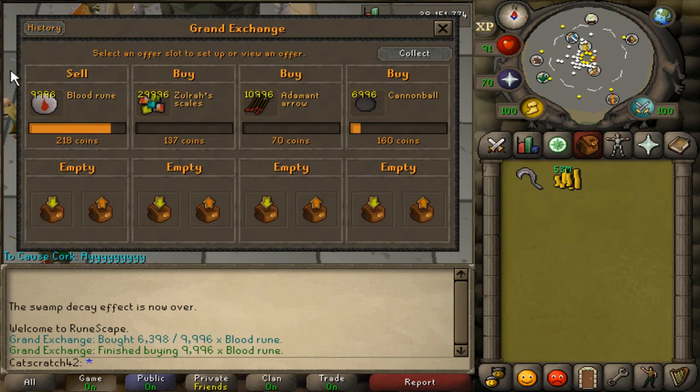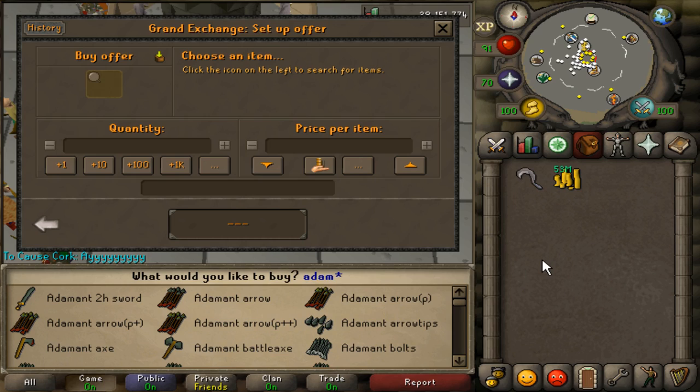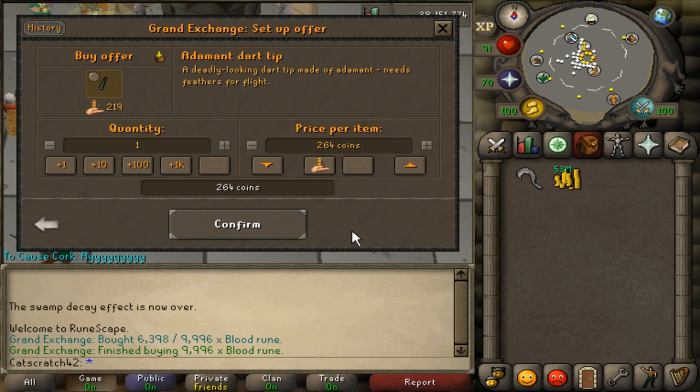Well, we found some cannonballs, it looks like, so that's good. Let's do, wait, I was going to do Adamant Dart tips. What am I doing? That's a really high quantity item. There's a lot of those traded in this game. I can't remember exactly how much, but...